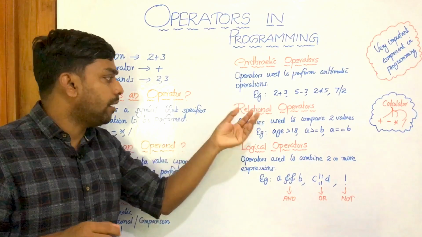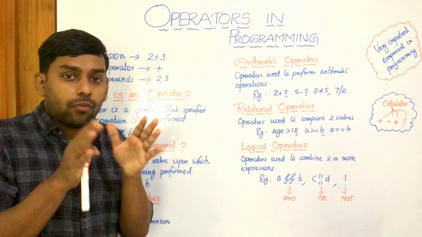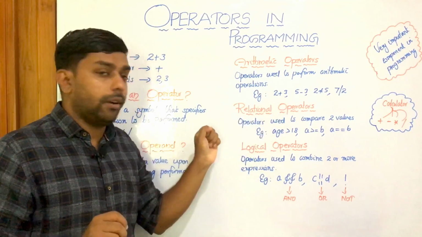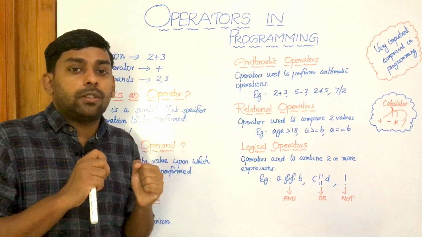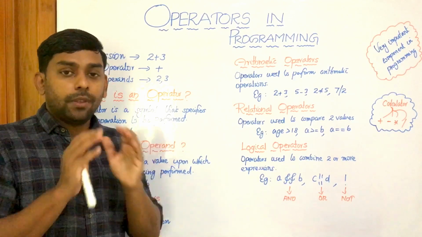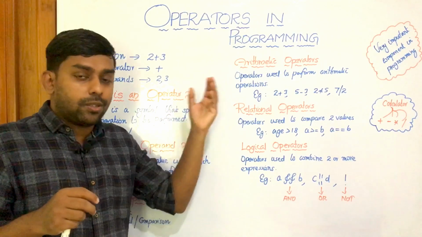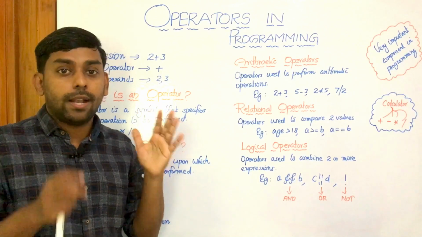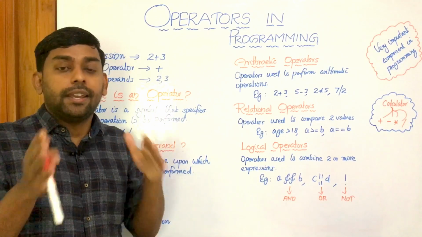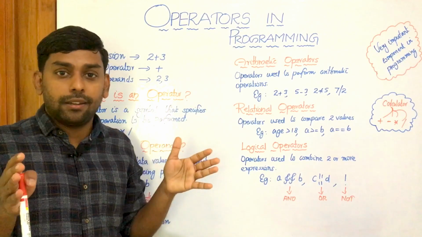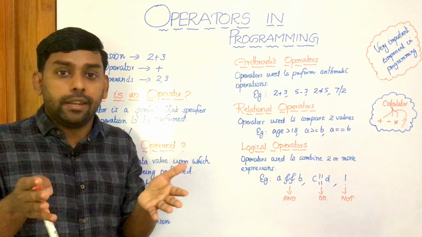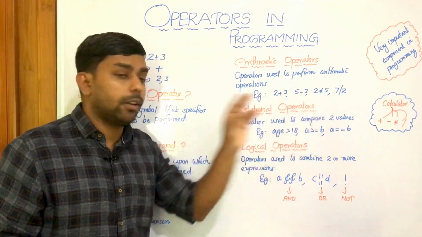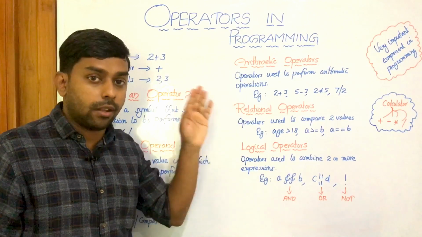Then relational operators. I think relational and logical operators are somewhat new for you, right? Something new for you, so listen to me. Relational operators, we have one more terminology for them: comparison operators. From the very name itself, we can explain it, right? So comparison operators or relational operators are operators used to compare two values, like A greater than B, age greater than 18, age greater than 15, marks greater than or equal to 98, or marks less than 27. Yes. So operators used to compare two values, that's what comparison or relational operators are.